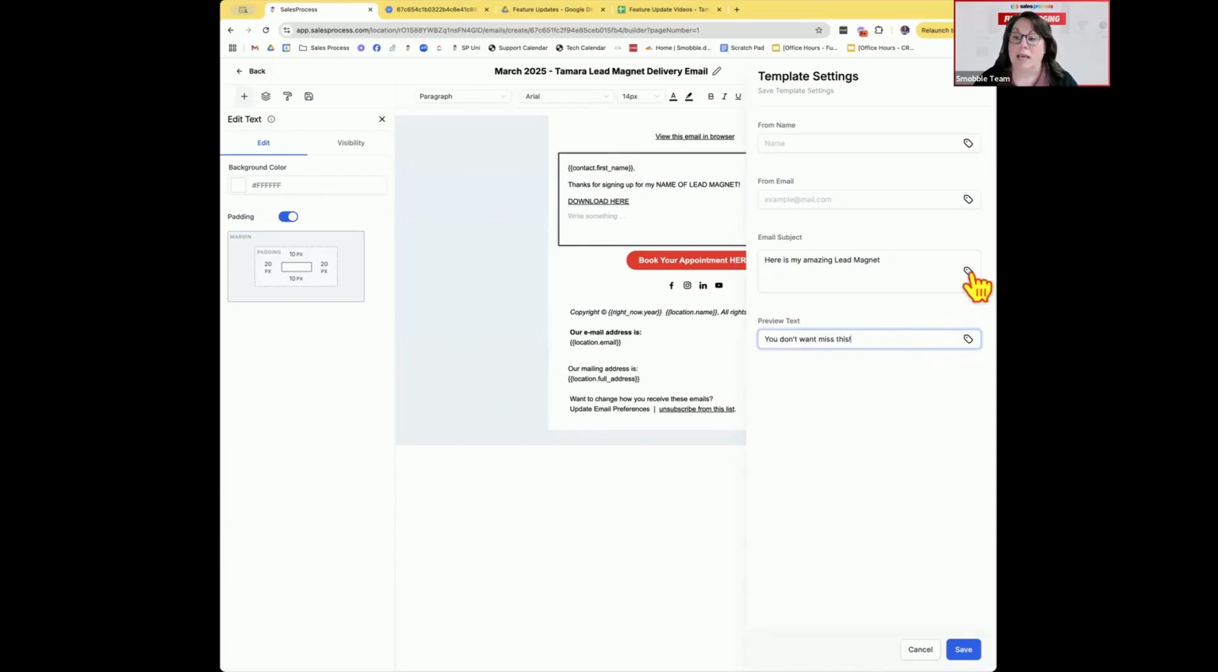Now you'll notice this tag is here. You have the opportunity to personalize the subject line by adding in their first name. You can add in their first name in the subject line. And then